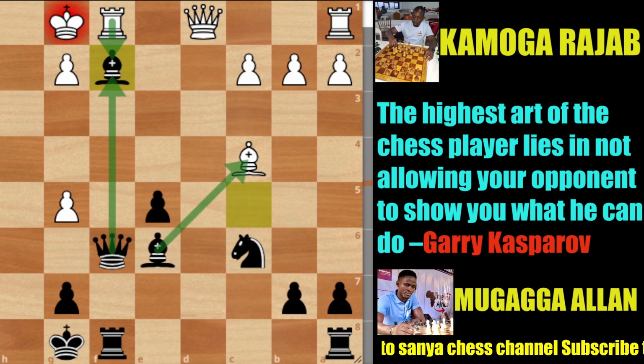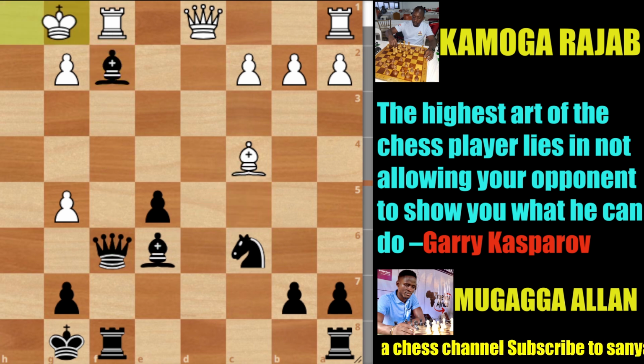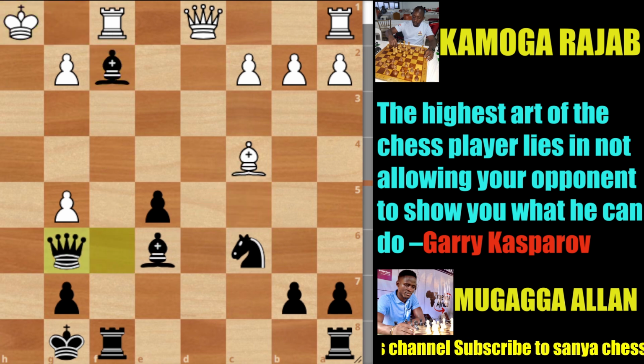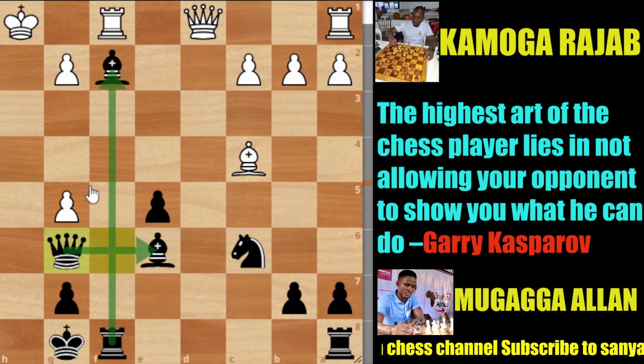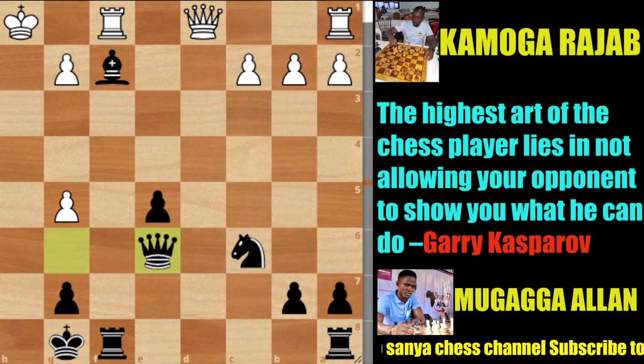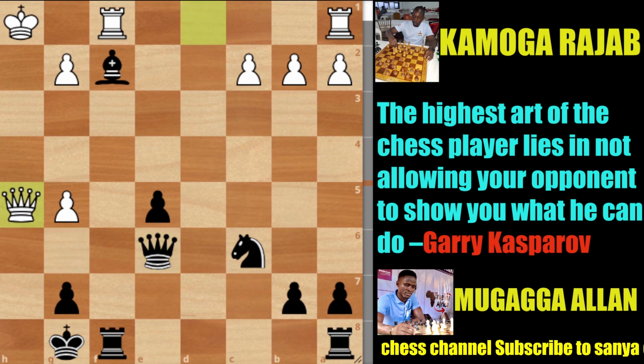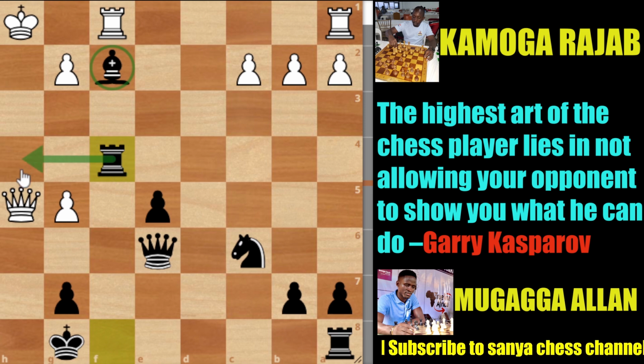That's why in the position, Rajab played king h1, and after queen g6. You see now in case of any pick, then the pieces are protected. The queen is watching the bishop, the rook is also watching the bishop on f2, and also queen checks can be very dangerous in the position. That's why in the position, Rajab played bishop takes e6, queen takes e6, and after queen h5, Allan played rook f4. You see now the bishop is going to support the rook check, which can be very dangerous on h4.